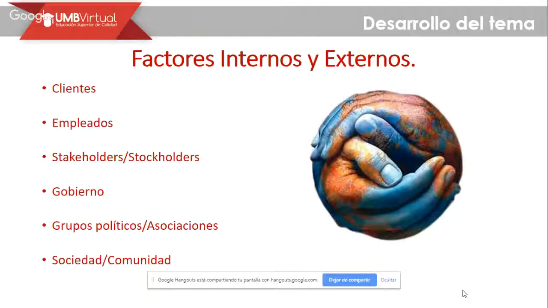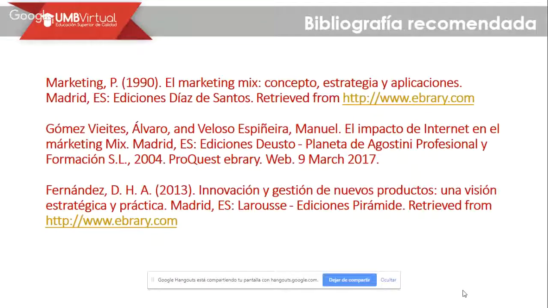The government is the one that has all the laws and all the legislation that you can possibly think of for our companies and for our economic activity, given the country we're acting upon. Political groups, associations, society, and community are also part of the stakeholders that our companies tend to be a part of. So that's our brief introduction on what globalization, international business, and international management are.